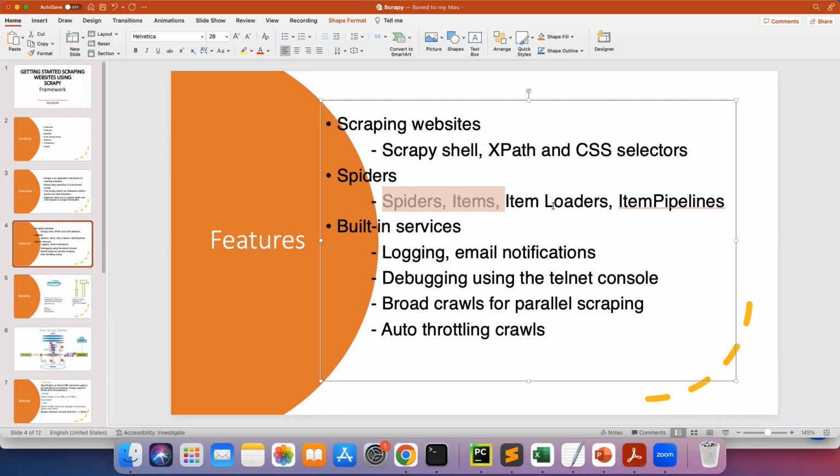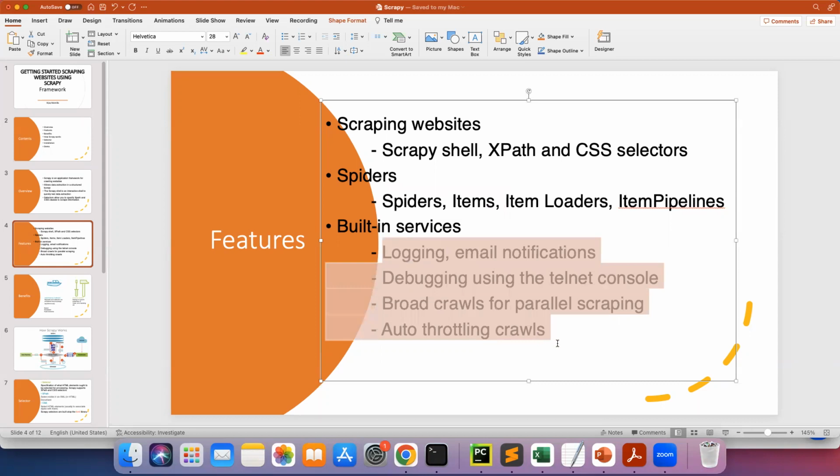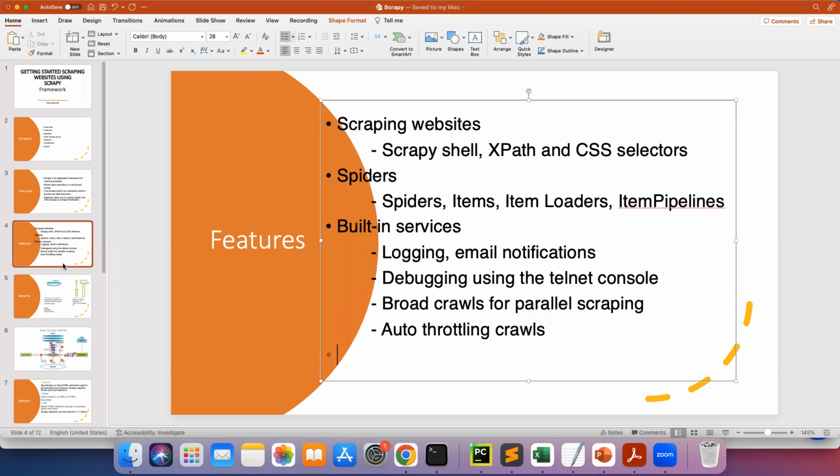For now, as an initial stage, we only write the spider, and whatever properties you are handling, we define a simple item as a class, and then we reuse it, and boom, done, right? Then these services are available. This also we don't have to worry about. These are more configurable things, right? But at the high level,